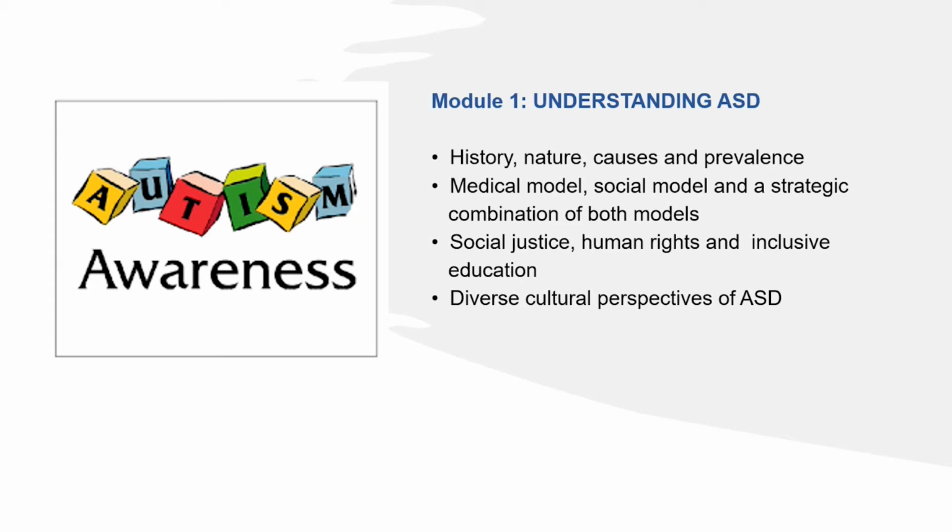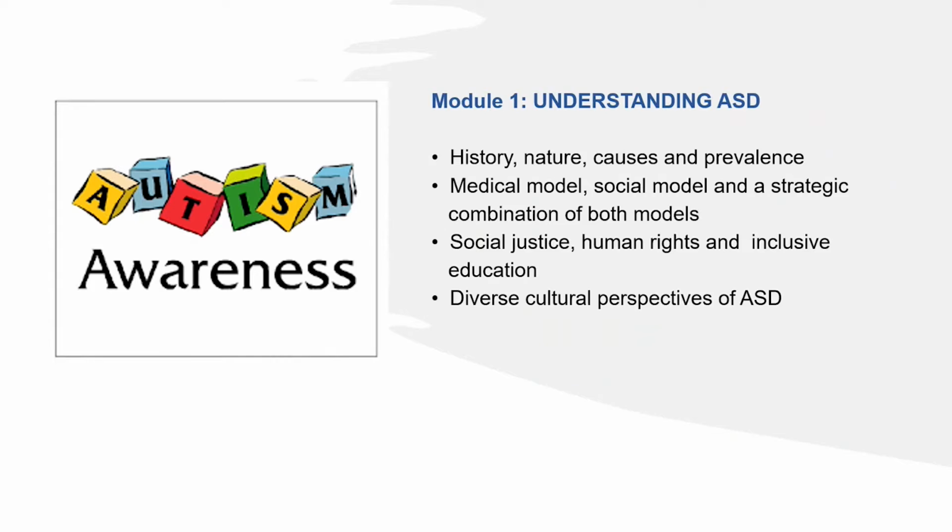In the final section, we look at the diverse cultural perspectives of autism spectrum disorder and look at how, at a community level, individuals from different cultural backgrounds might respond and then engage with individuals who have a diagnosis of autism. But what we ultimately want to see is that there is social inclusion and social justice for every individual